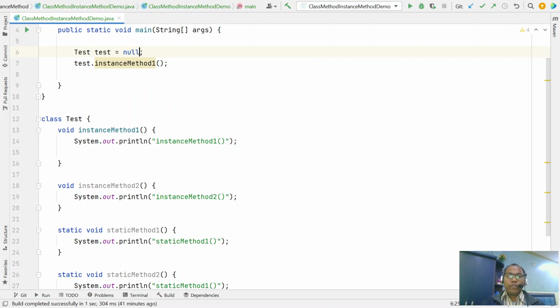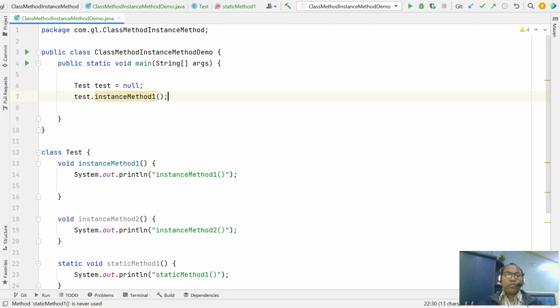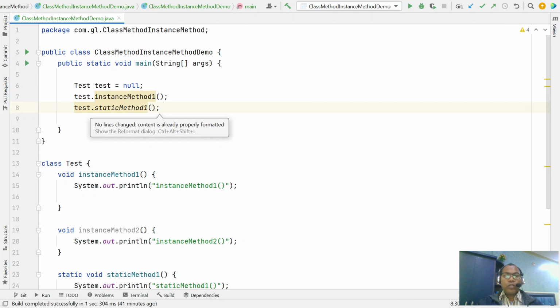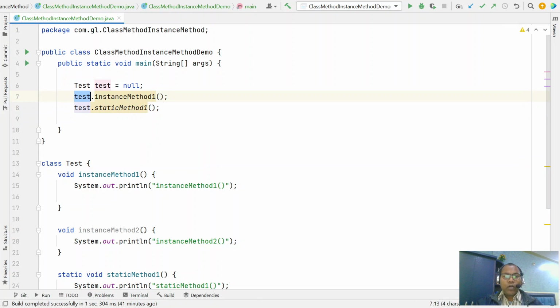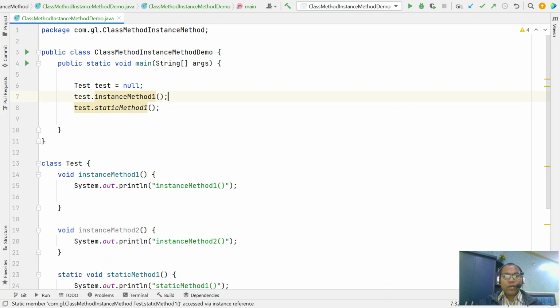Maybe you can also invoke any static method. So these are the two. From your object reference you can invoke an instance method or a static method.